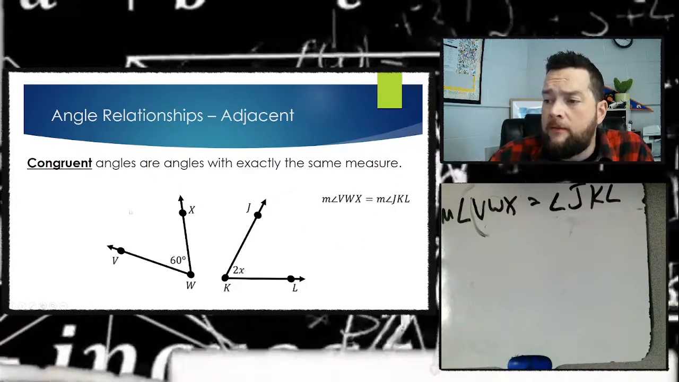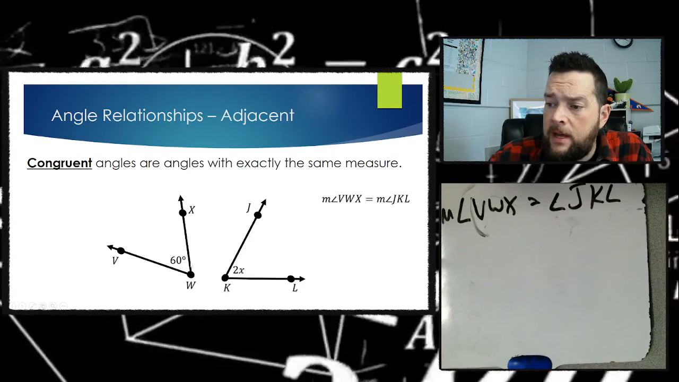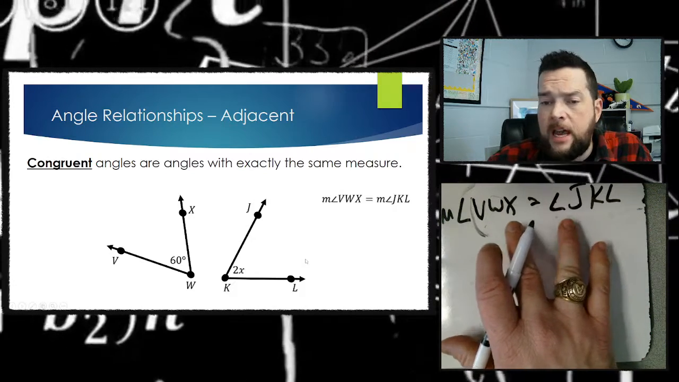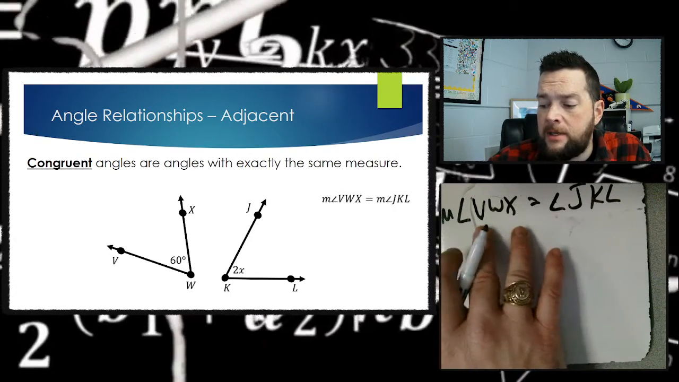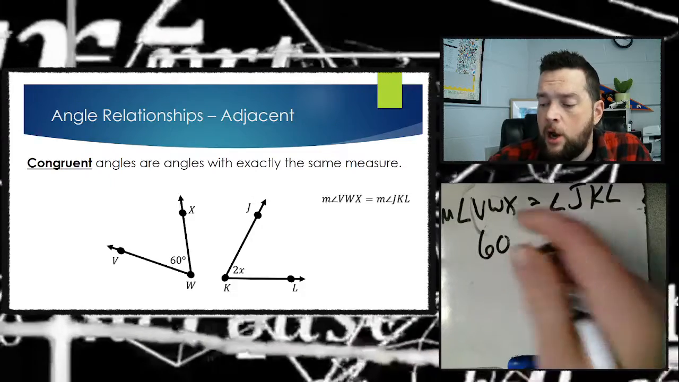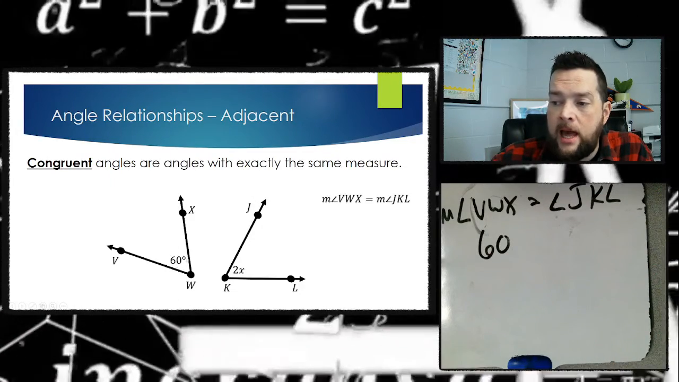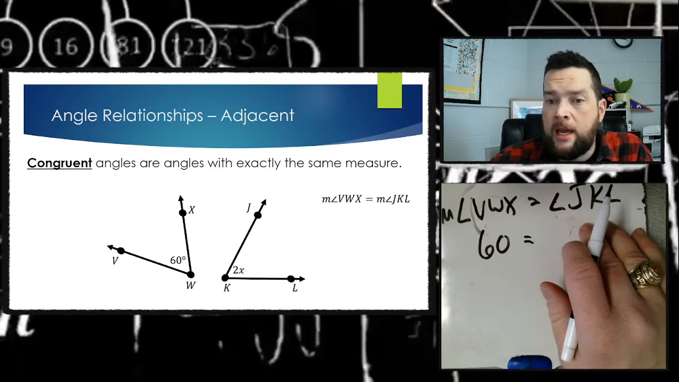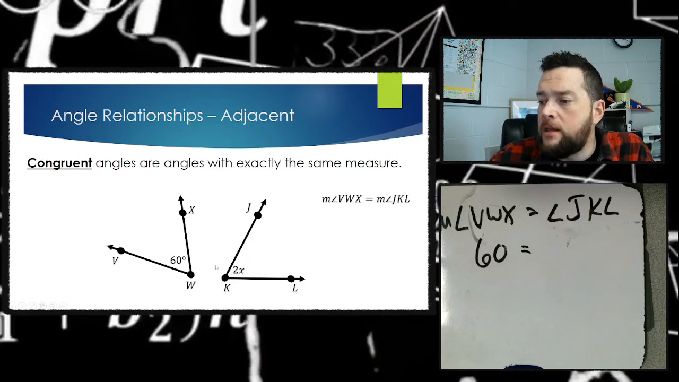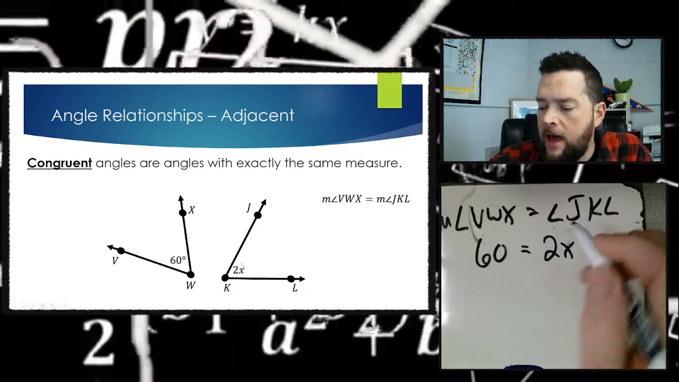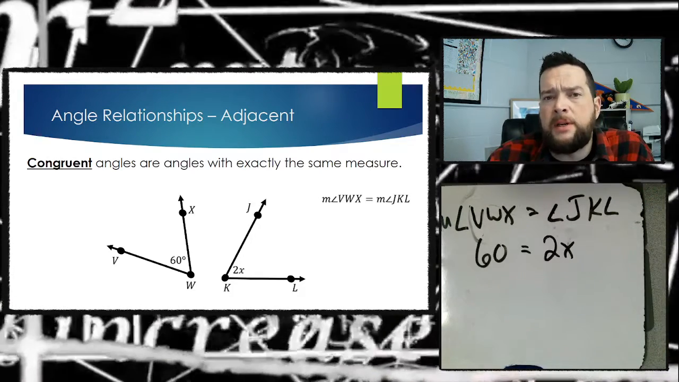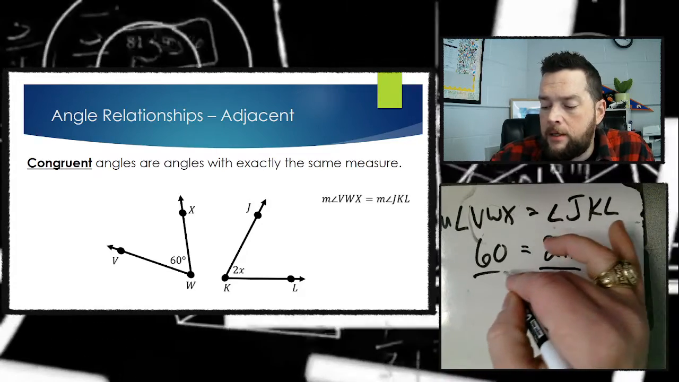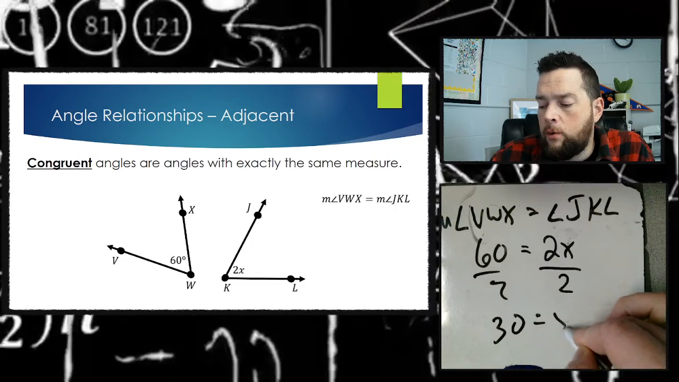Okay, and now I've got my diagram. I've got VWX, which is 60, and JKL, which is 2x. Well, if this statement says they're equal to each other, then I can simply take that angle and replace it with the expression on the inside of the angle. I'm going to bring down my equal sign, and then for angle JKL, I can replace that with the expression that's on the inside of that angle. And then I can just simply solve it. Well, if 60 equals 2x, then if I divide by 2 on both sides, then 30 equals x, or x